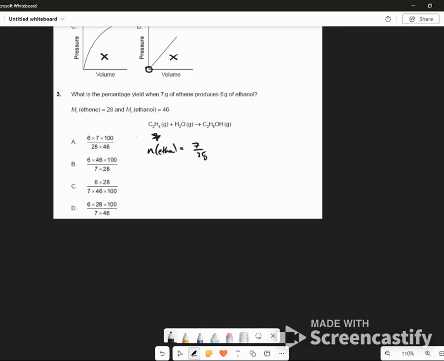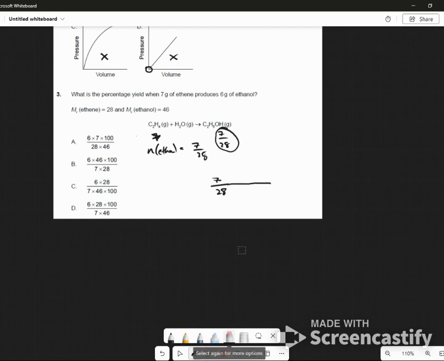So we'd expect the same number of moles of ethanol, but we want the percentage yield. So this is how much we expect of ethanol. That's the number of moles of ethanol. Okay, that's how much we expect. But if we produce 6 grams of ethanol,